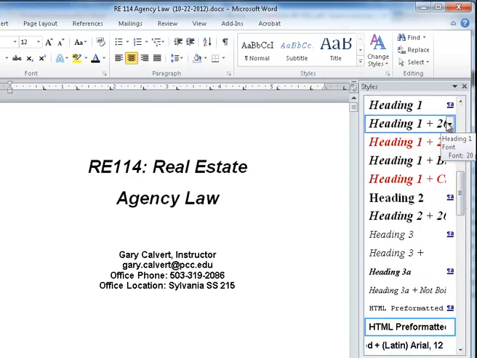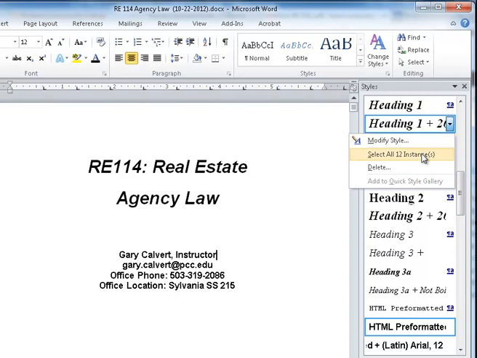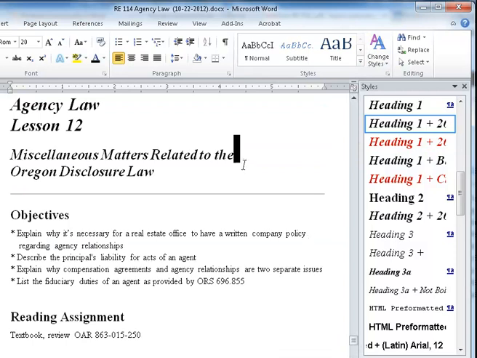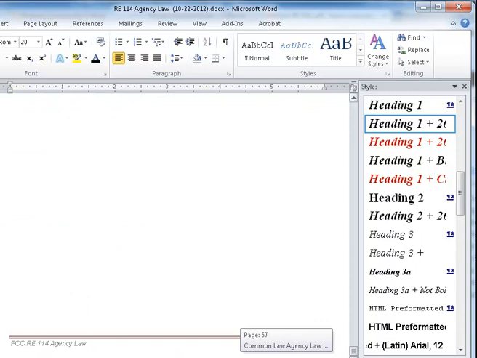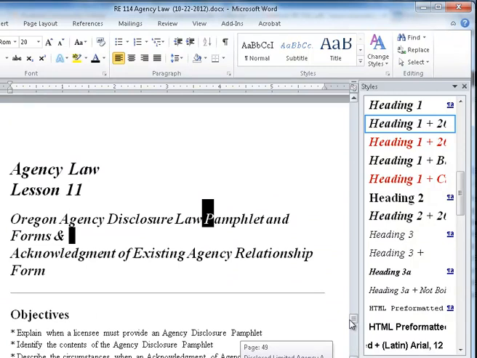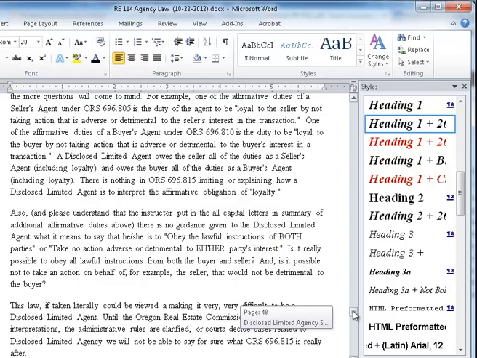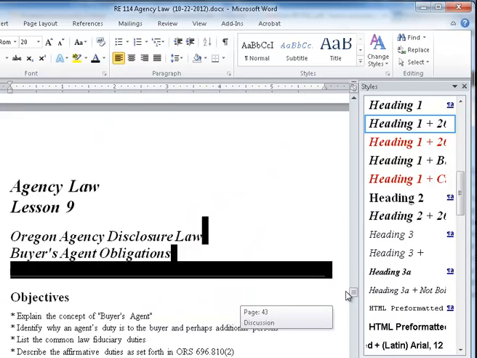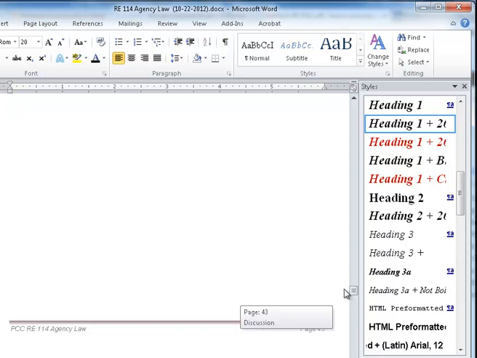But when I click on this and I select all 12 instances, many of them are just single spaces. It's kind of weird. Let me show you. See, it's selecting, that's one of the instances. Okay, I'm at the end of the document. See, there's a single letter. So somebody needs to go through this document and actually change these to